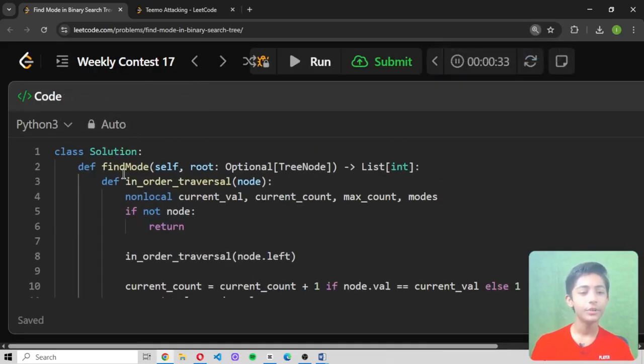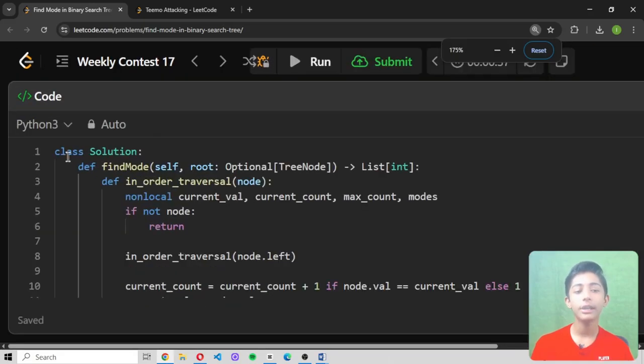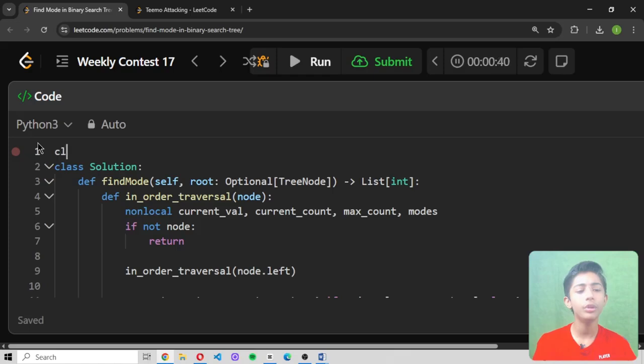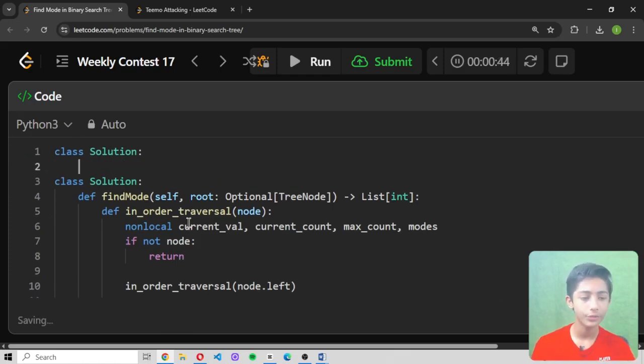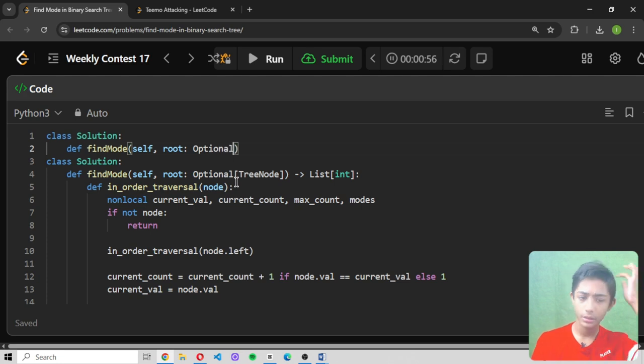So let's start. First of all, we define a class Solution in the code. You may be thinking, why define a class Solution? Because this is a rule of LeetCode: whenever we start to solve any question, we define a class Solution. Now let's unzoom it. def findMode(self, root: Optional[TreeNode]) -> List[int]: